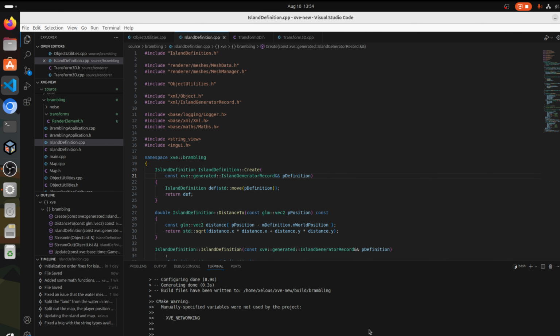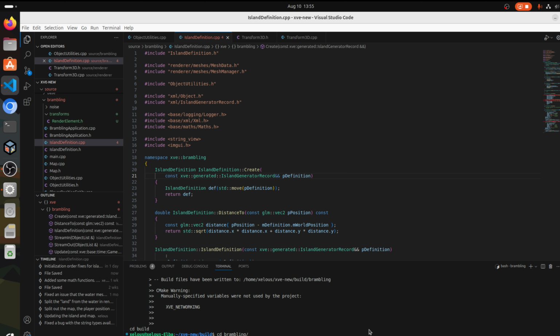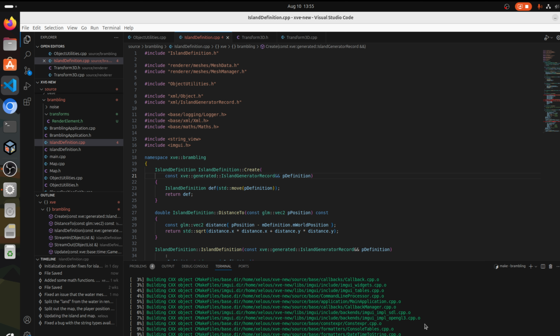I can feel the lag from recording, so this will probably really hammer my frame rate. Please forgive this while we actually build the code for the first time. So this is the IMGUI library, which is the first library I actually start to build. There's a few things from my base library here as well. Here comes the base geometry. So there's the IMGUI done. It's carrying on now building the rest of the base